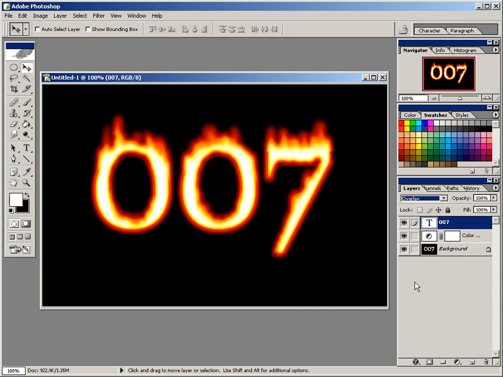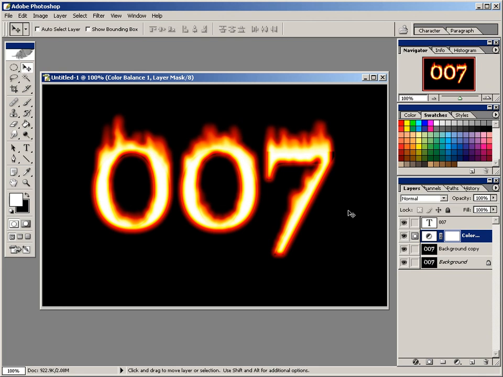But we are not done yet. We need to do a few more steps. So let's come over here and duplicate the background layer. Click on the background layer, drag it to the new layer icon on the Layers palette. There we go. Now we've duplicated the background layer for another special effect, because this tutorial and this effect is